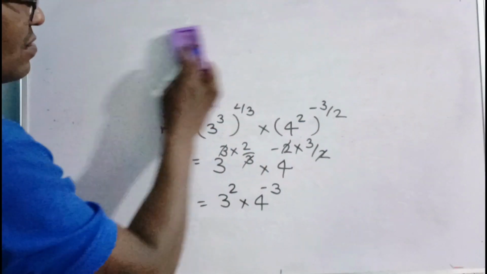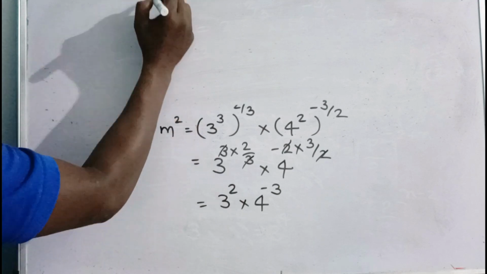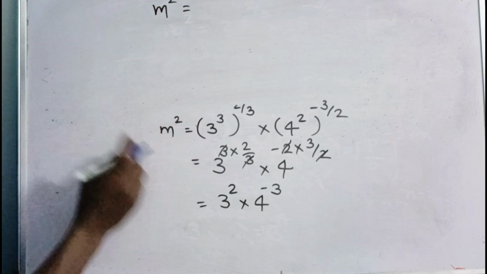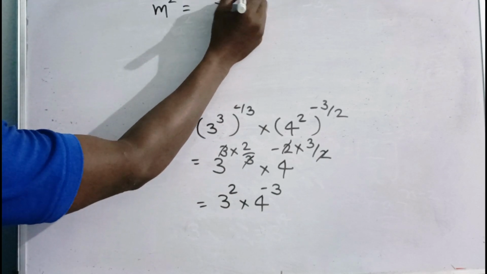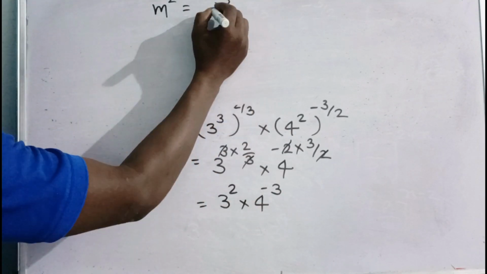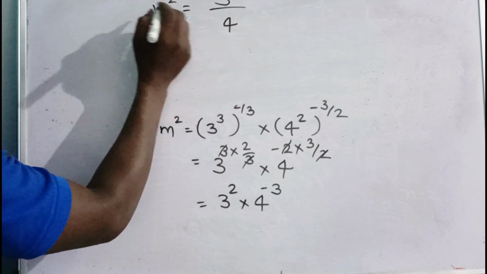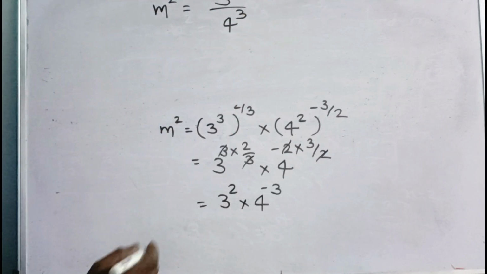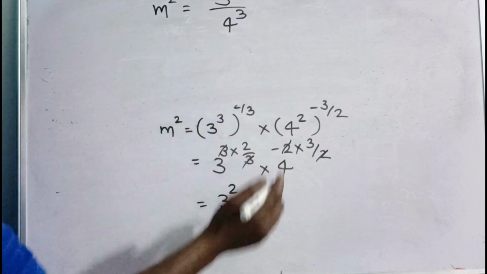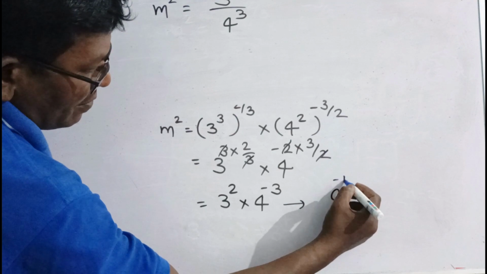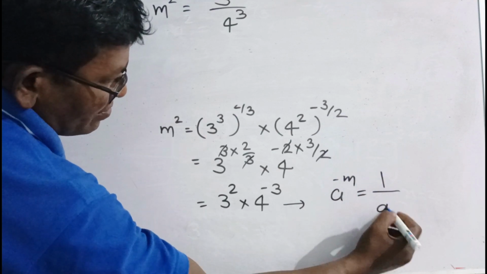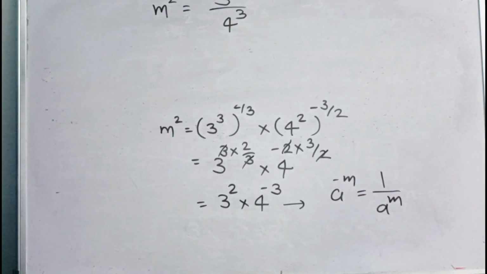M square is equal to 3 square divided by 4 cube. ये कैसे किया हमने? यहां पर एक प्रॉपर्टी यूज हो गई, a raised to the power minus m is nothing but 1 upon a raised to the power m. Here we are using the property. So ये now